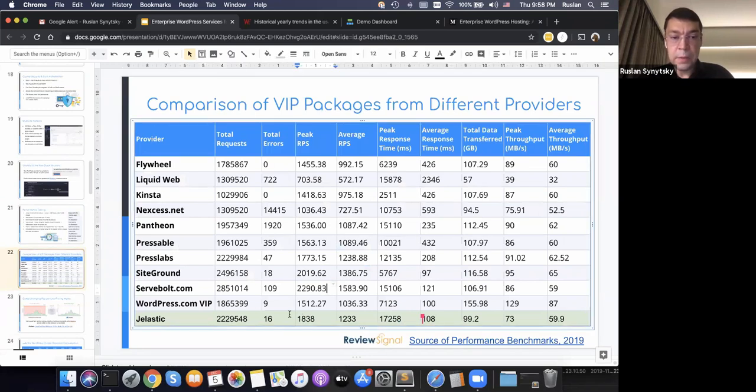As you can see, we are pretty in line with all the other companies that offer a solution today on the market. I cannot guarantee 100% that the tests are exactly the same as those performed by Signal Review. It's quite similar, let's say.